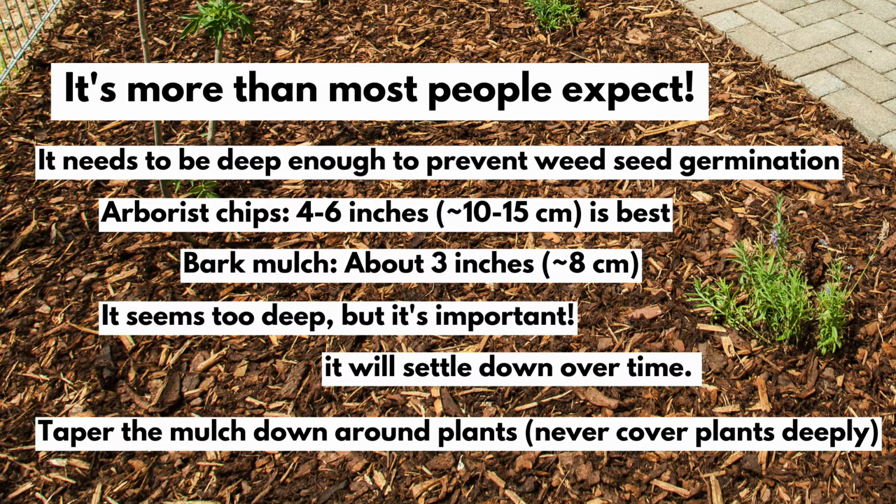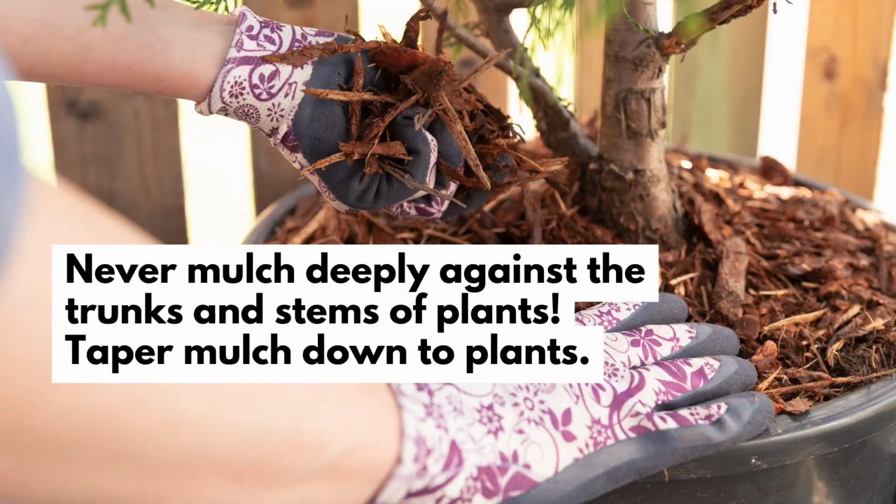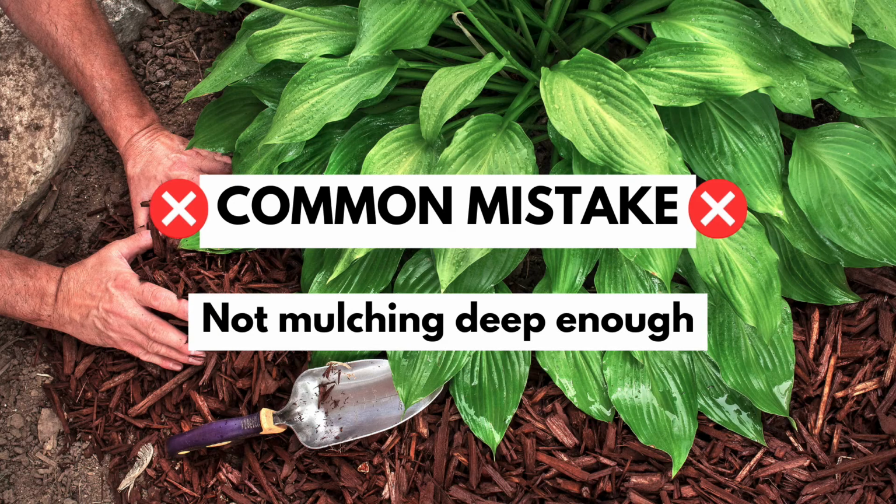And I know that even 2 or 3 inches or 8 centimeters can feel like a lot of mulch. It seems really deep initially when you first put that out there. But again, this is an investment. It'll settle down after a few months and it won't be as deep. And of course, be sure to taper the mulch down around your plants a bit so they don't get too covered up. You never want deep mulch to be against plant stems or tree bark. It'll create all kinds of problems. So, you're going to be tapering the mulch around your plants. Even if your landscape looks bumpy, apply a deep amount of mulch to start. Future reapplications won't need to be as deep.